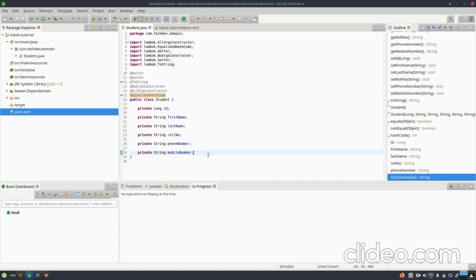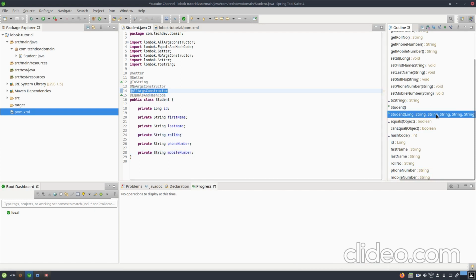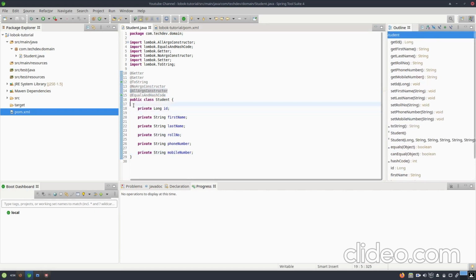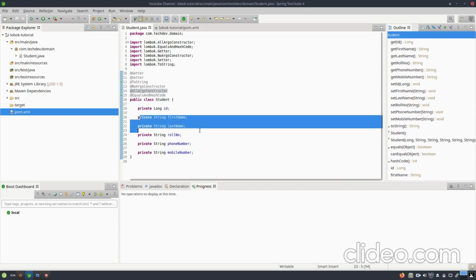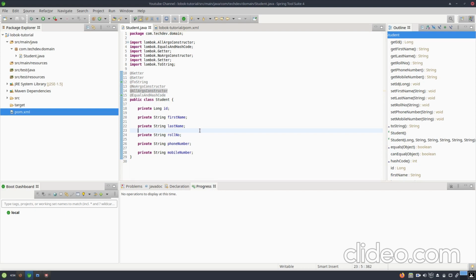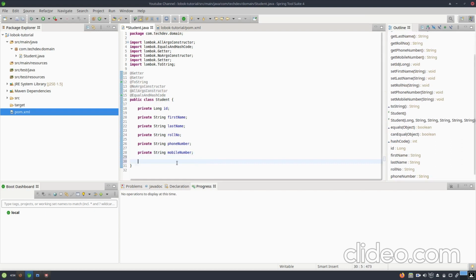If we go to the all argument constructor, you will find that it contains all the fields. But what if I want only first name and last name to be constructed using the constructor? At that time, you need to create a custom constructor for that.